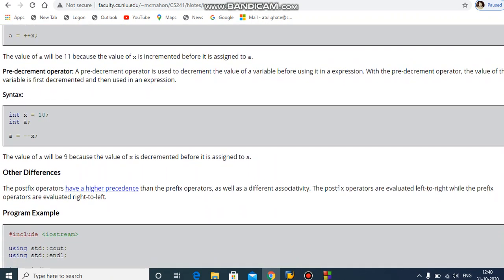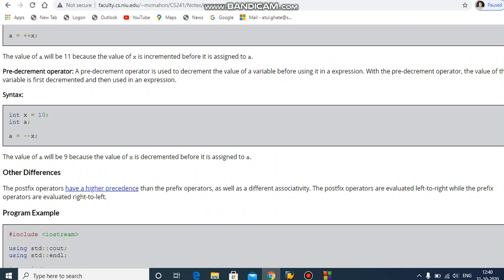So this is the syntax or example. int x equals 10, int a equals minus minus x. Okay, so it will first decrement, that is x equals x minus 1.